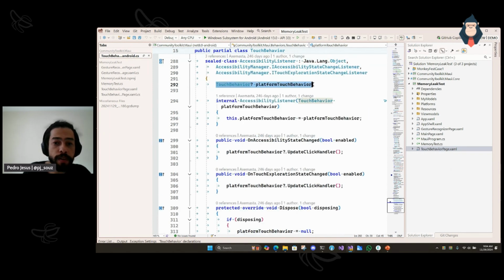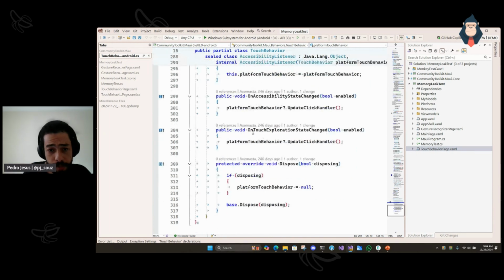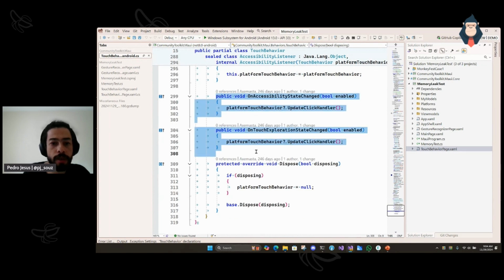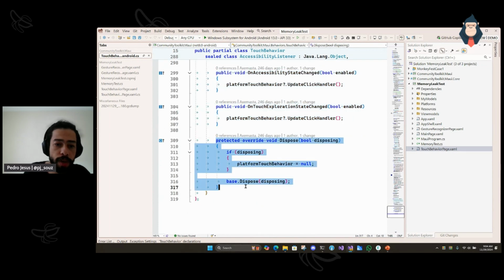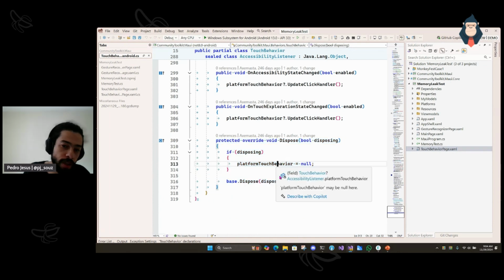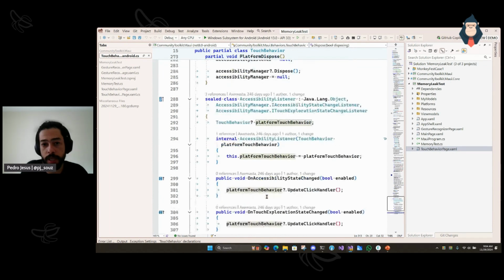And here we have the strong reference to our touch behavior, as I mentioned before. So because of that, we have the cycle. And then we have just the interface methods implemented. And we have this dispose that will just clean up that reference, but it's not enough. So what can I do here? So in order to avoid